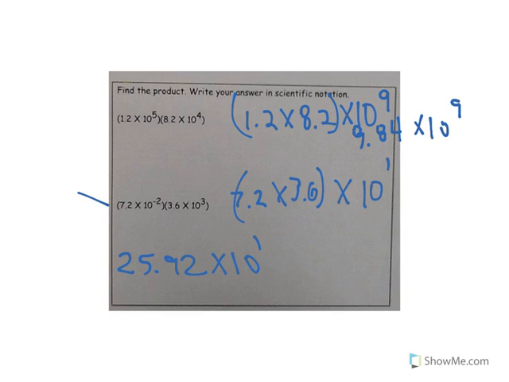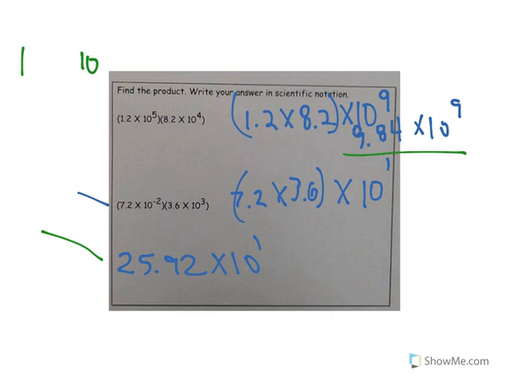So I rewrote these out with the actual answers here. If you see here, this one is fine because 9.84 is still between 1 and 10. So that's fine as a part of the scientific notation thing. But this one here is not. So I have to adjust it. That's what 7.2 times 3.6 is. And then when I multiply those two together, I get